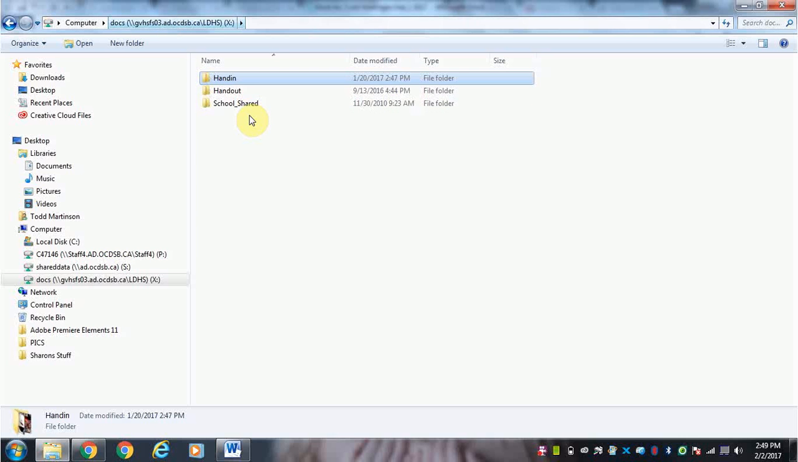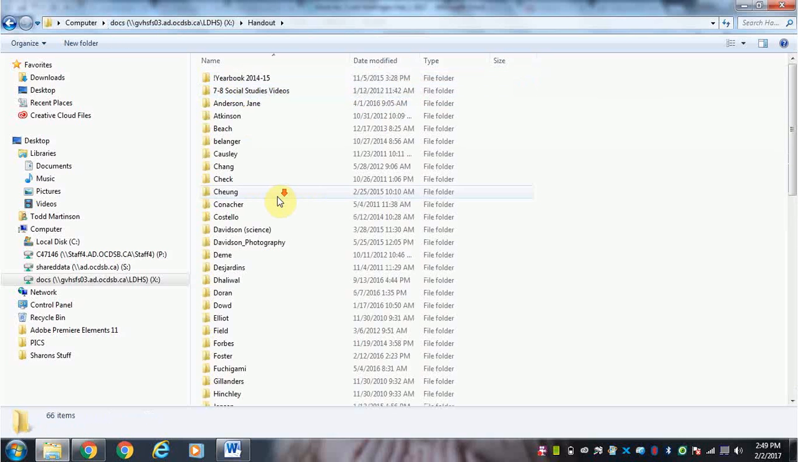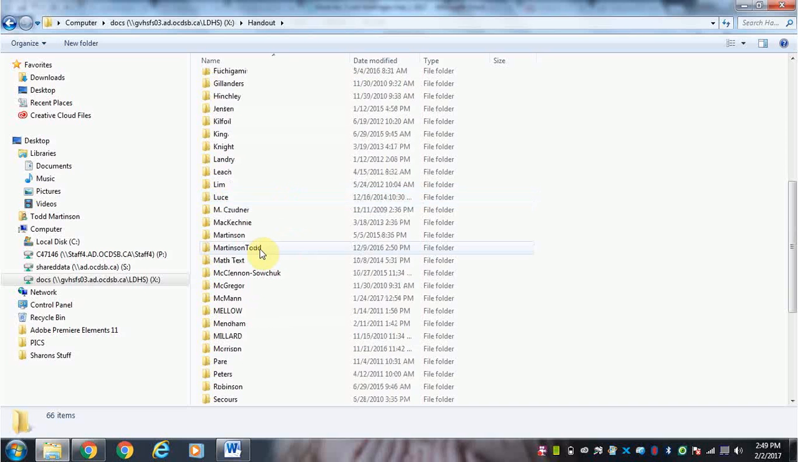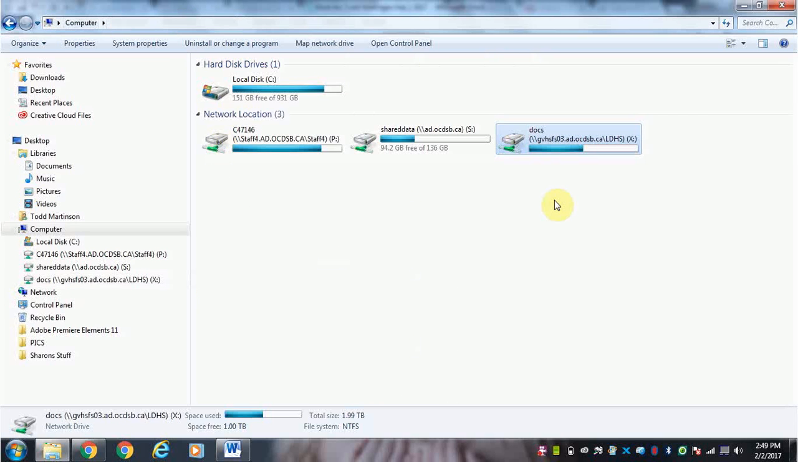If I go back to the handout file and I go to Martinson Todd, I can see a folder where you will be able to access files that I want to hand out to you. So there is a hand in file and a handout file here. So if I go back to here,